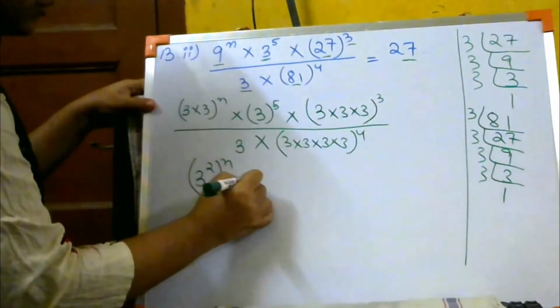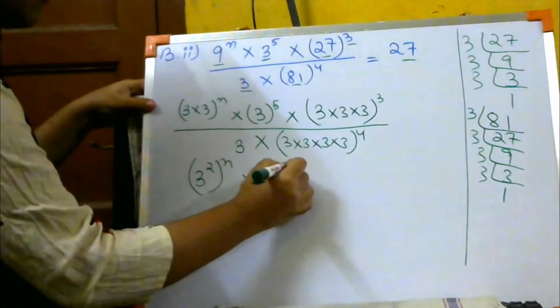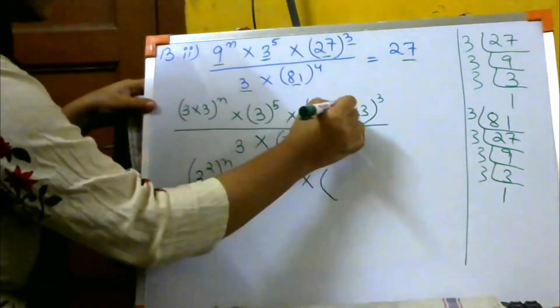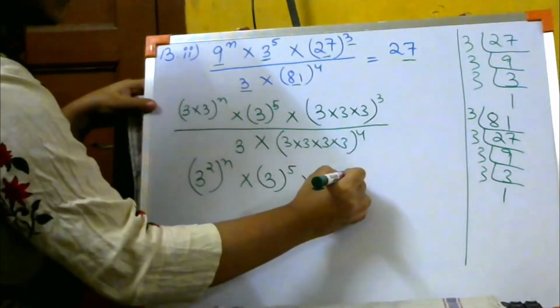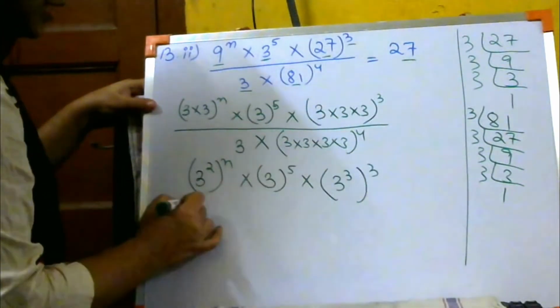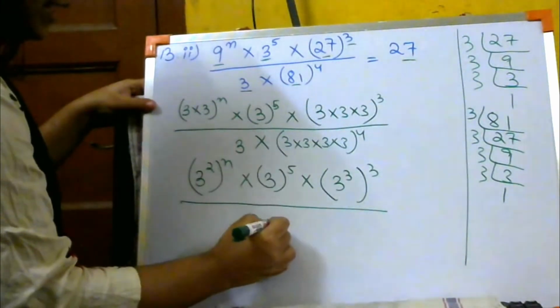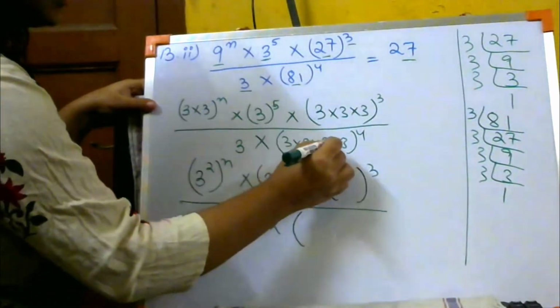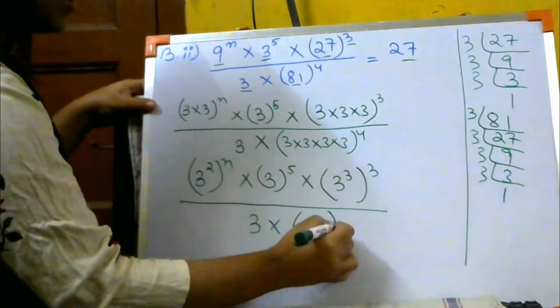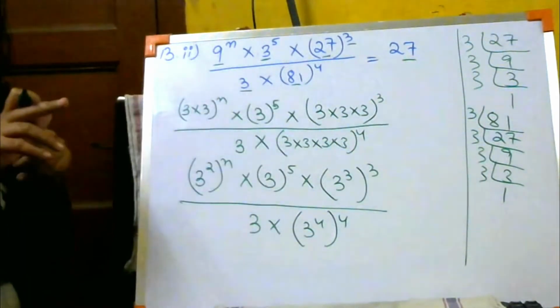बाहर रहने लिखने दो. So 3 to the power 5 over here. यहाँ पे 3 कितने टाइम्स है? 3 बार. So 3 to the power 3. बाहर में 3 है तो रहने दो. नीचे 3 into यहाँ पे 1 2 3 4. So 3 to the power 4. बाहर पे 4 है, रहने दो. ठीक है? Did you understand what I did?